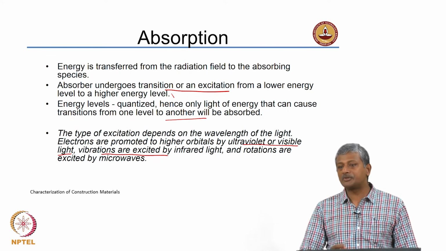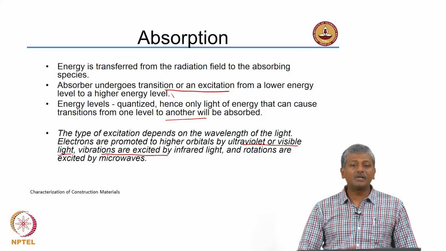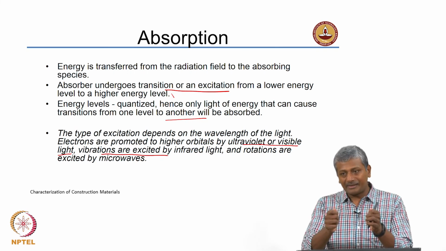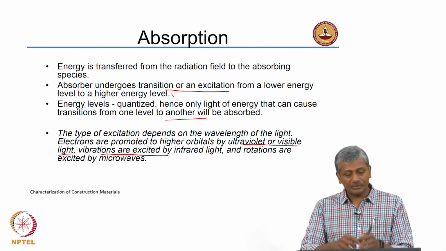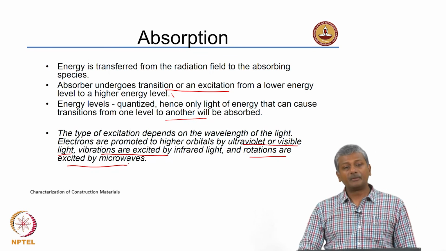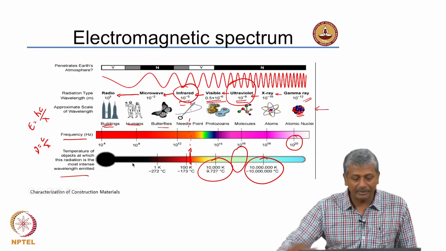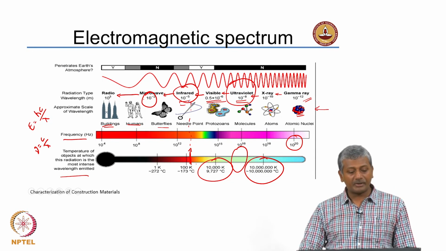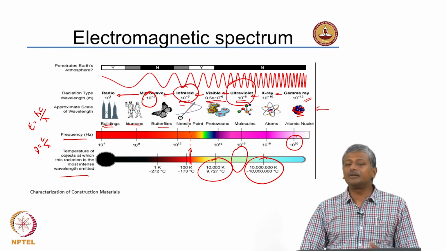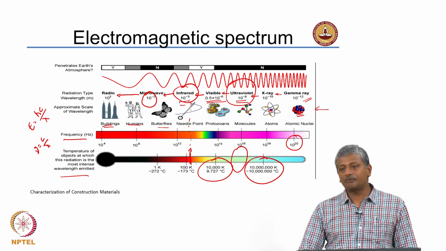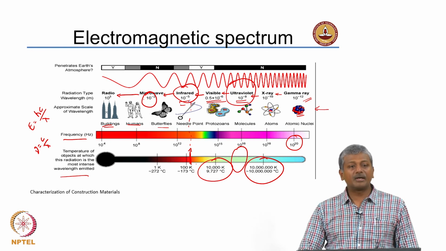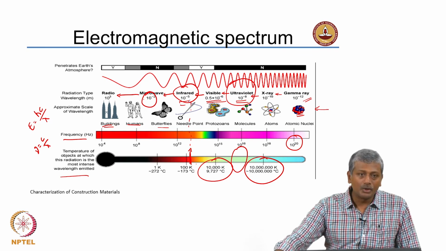You can have different types of movements of the bonds, I will show you some of these later, that will create absorption of that energy. So, because of the absorption of energy, the bonds are not exactly in the same position, they are moving. Okay. So, that is the power of infrared light, and rotations are excited by microwaves, because microwave radiation is again high wavelength, 10 power minus 2 meters, of the order of, we are talking about centimeter wavelength. So, at that level the energy is not sufficient to create the kind of transitions that can be possible with ultraviolet or X-rays or infrared, right. So, we are in the range where we can only produce rotations.